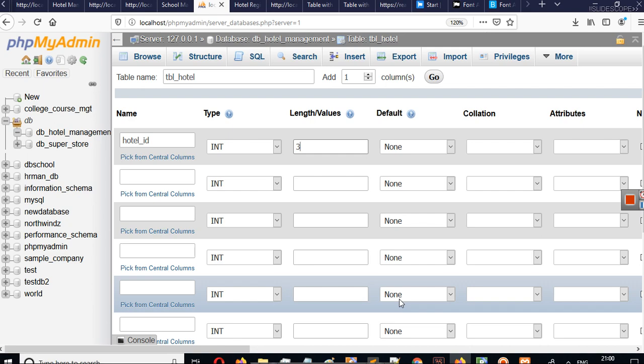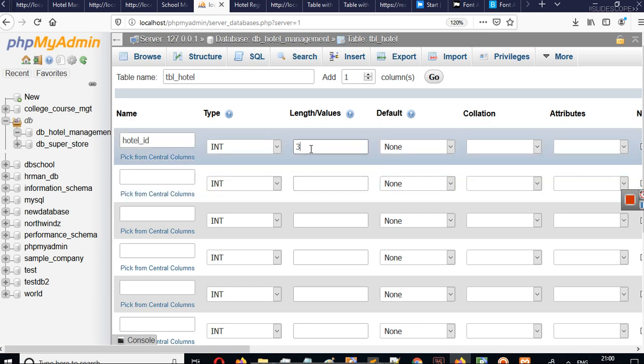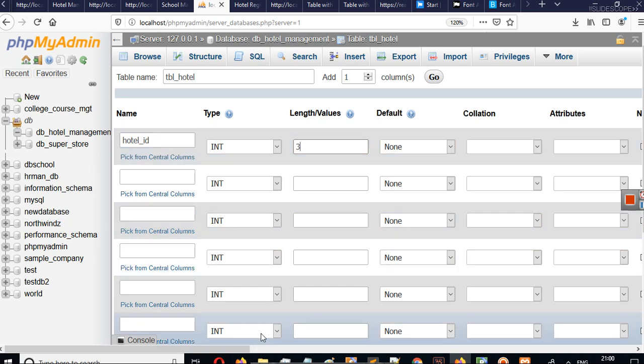The hotel which will be registered at the 100th place will have an ID of 100. In 100 you can see there are 3 characters, and that's why I am setting it to 3. Let's say we'll store a maximum of 100 hotels in this database. So that's why we can say that the maximum length will be 3. In upcoming versions of MySQL, this limitation will be removed.